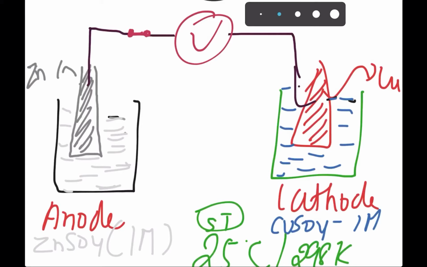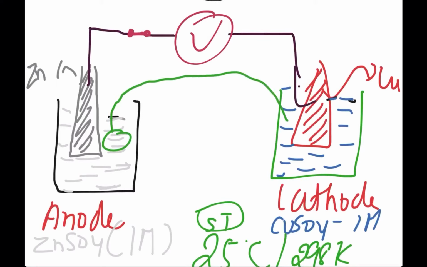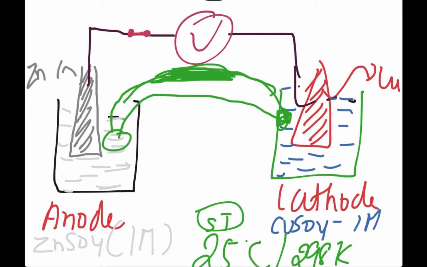So just take a look at this. It's like a tube actually, which is going from one terminal to the other terminal. A simple tube is your salt bridge. You can draw it as a freehand tube. There is no need for perfection here. Now the green shade which I have given here